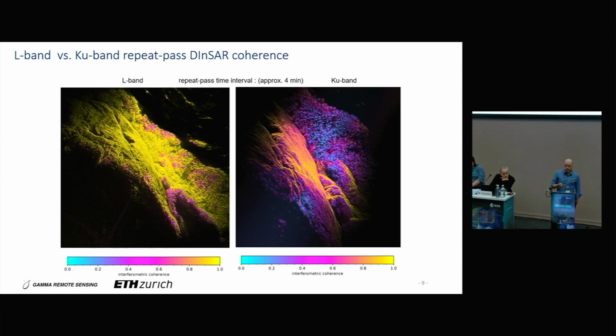So I want to start out with some coherence images of that site. Basically, this is a top view of the situation. The car will be driving this direction and viewing towards the slope here. So that's the steep slope. And below, there's a bunch of trees.